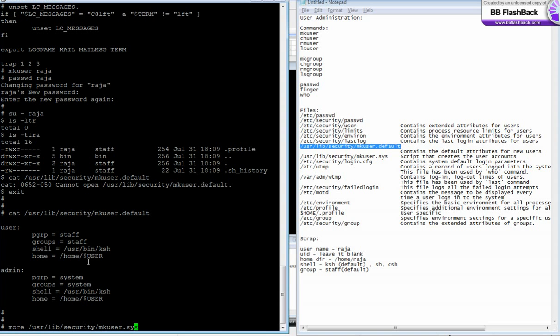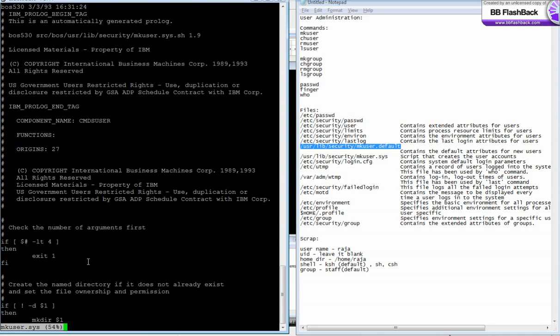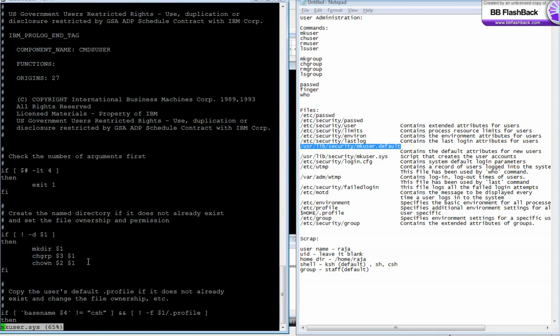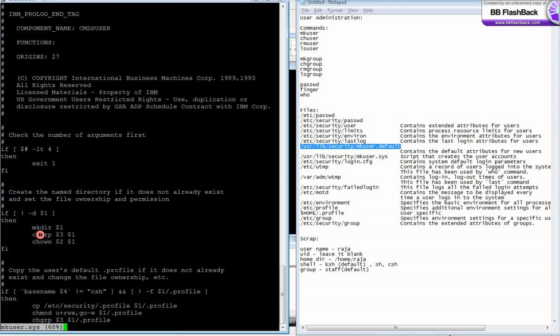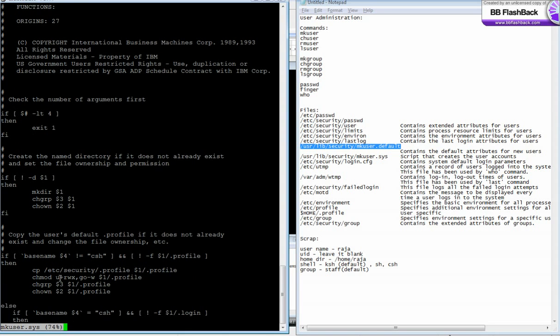Okay, this mkuser.sys is a script which does the creation of users by adding entries into /etc/passwd, by creating a home directory, setting the ownership. And see over here, it creates the directory, it uses chgrp, chown for setting the permissions and ownership, and sets the permission over here. And it even copies the default .profile from /etc/security to